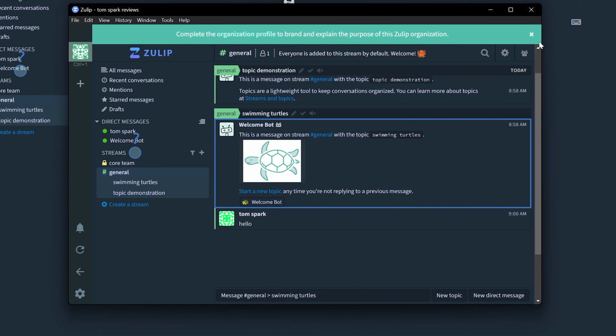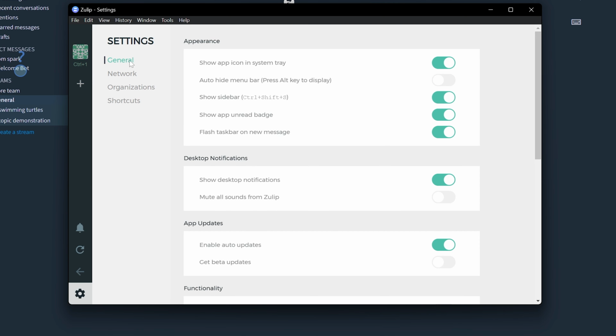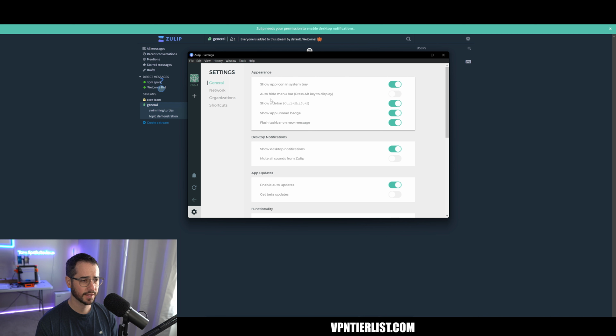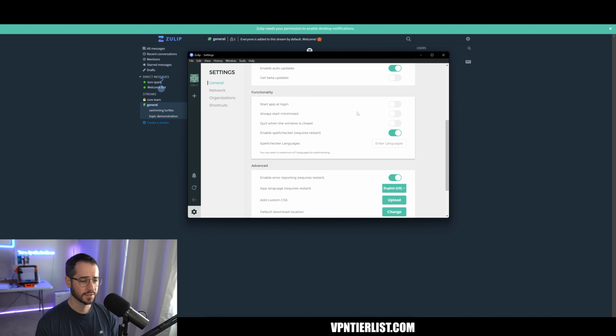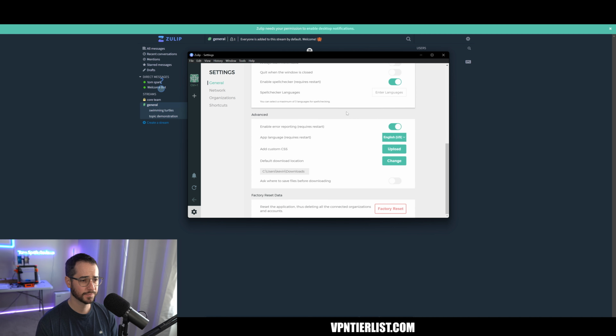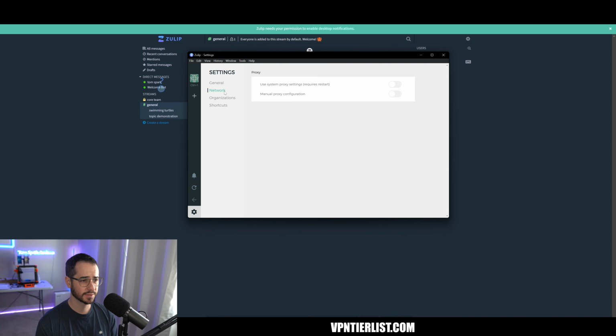Let's talk about some of my other first impressions with Zulip. I do like the dark mode interface. I think that's really nice. It defaulted to that. If we go into the settings here, you can see tons of customizations. You could mute all sounds, which is nice. Enable auto updates. Have different ways to notify messages. That's really good. We have some functionality things where it starts on startup, and we also have some ability to